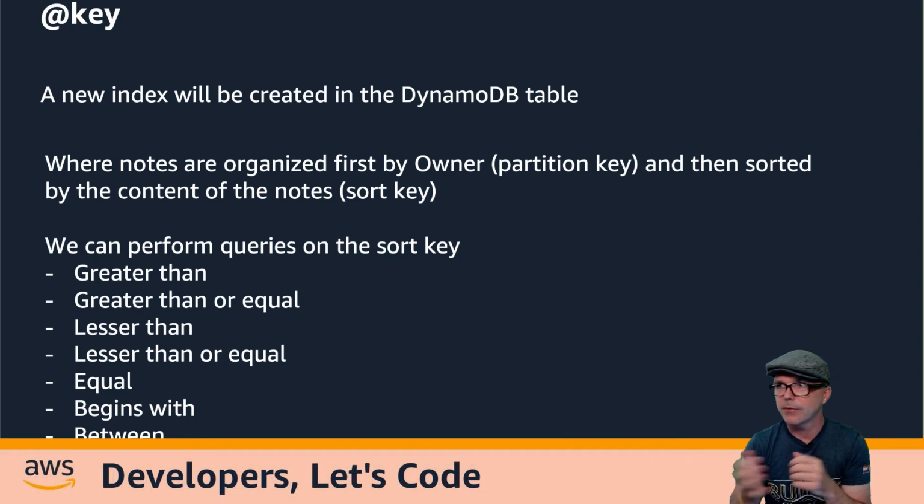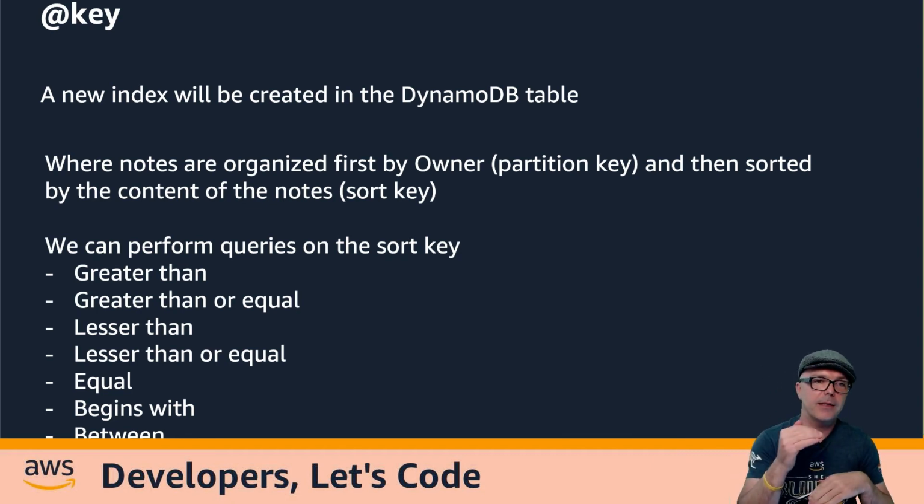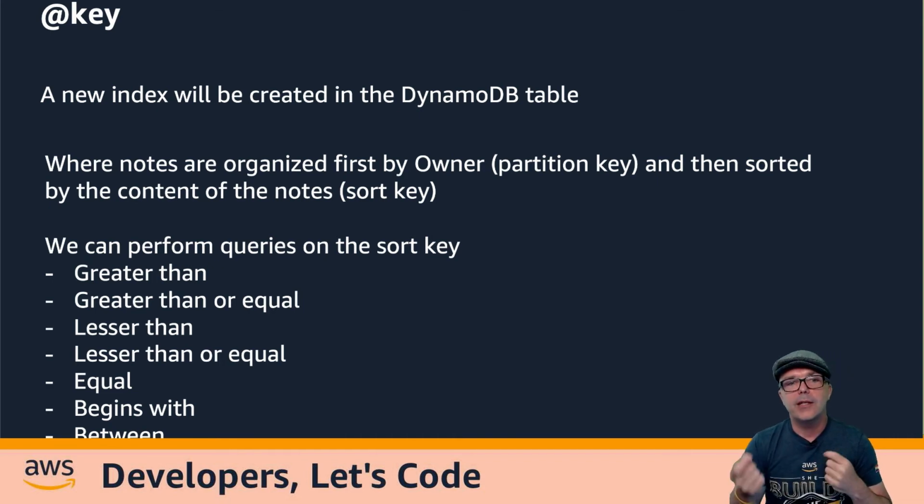So, for example, test or dev, the content of those will be the sort key. And so what you can do as part of that is run queries for equal to, begins with, or greater than or equal to. So that's a really nice way of quickly doing quite a complex search over your data